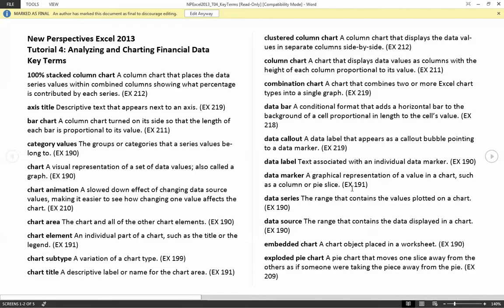All right. So we have a 100% stacked column chart. We have the axis title, which is the title of any axis. We have the bar chart, which is a chart made up of long rectangular bars. We have category values, and category values are the names of each category inside of a chart. We have a chart, which is all visual pieces presented. We have chart animations. I mean, we can change how it works. Chart area, chart element, chart subtype, chart title, clustered column chart,